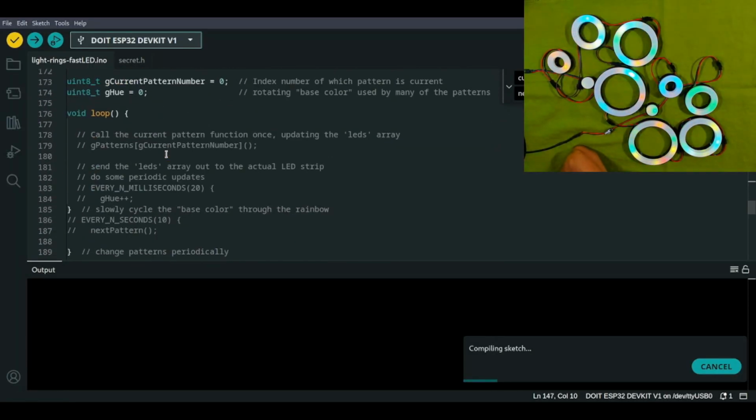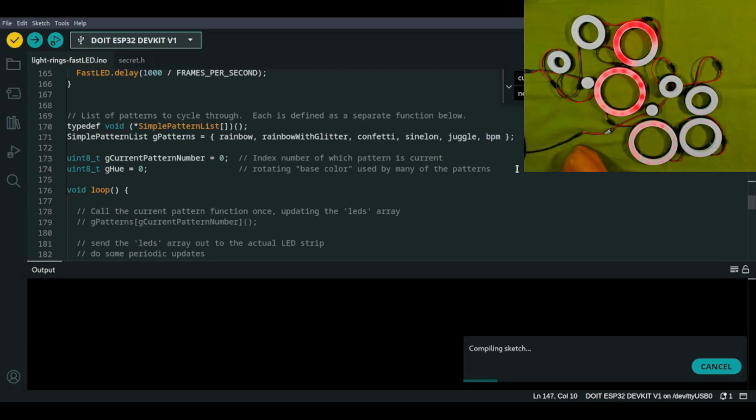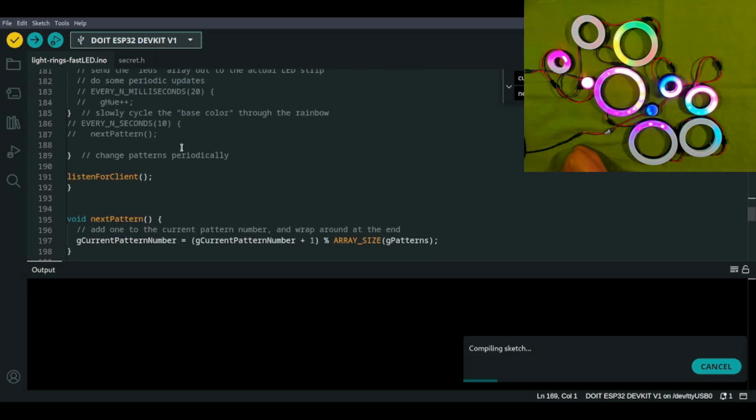Again, I think I'm gonna clean up some of this. For example, I don't think I need any of this stuff. Here we go again. We don't need any of this. Oh, wait.